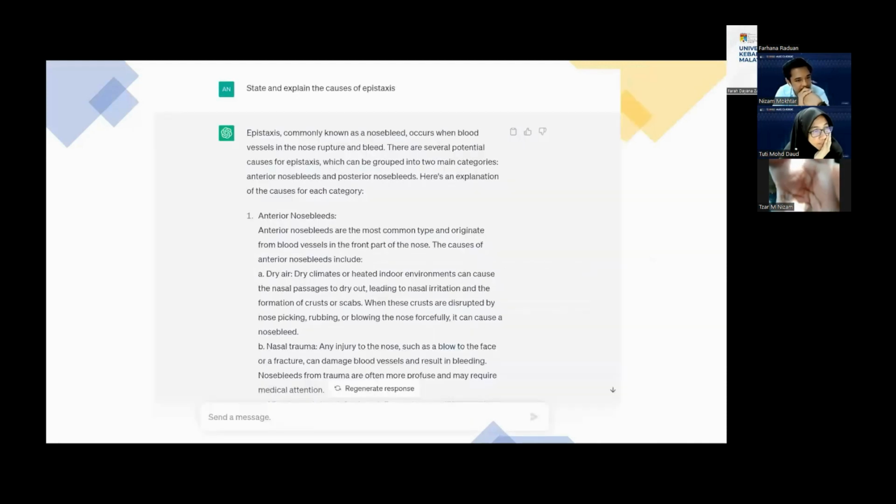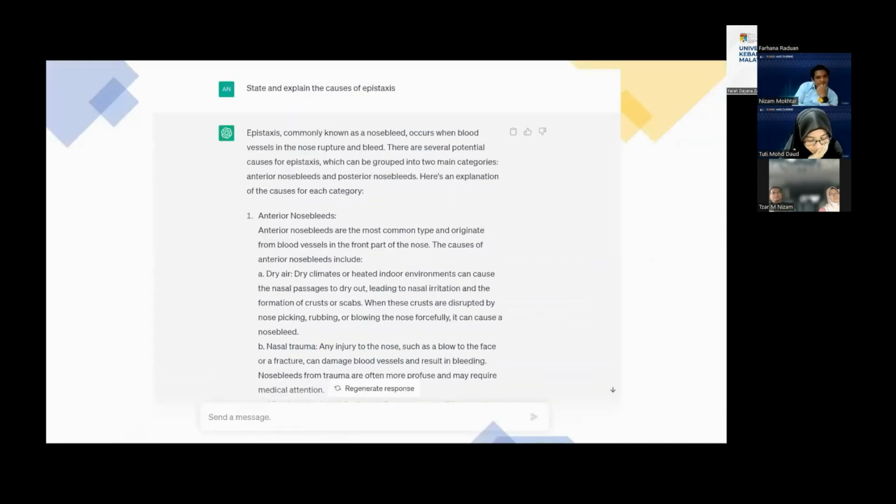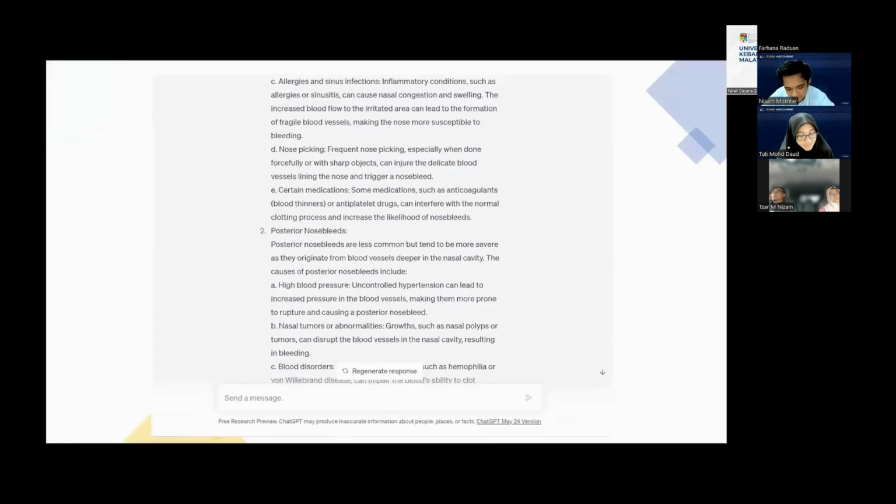All right, this time ChatGPT gives anterior bleed and also posterior bleed. It's not according to local and systemic causes. This is not wrong, because in my lecture, I always divide the causes of epistaxis into anterior epistaxis and posterior epistaxis, or you can divide into local and systemic causes. But since the textbook states local and systemic causes, you want ChatGPT to give you the same or a similar